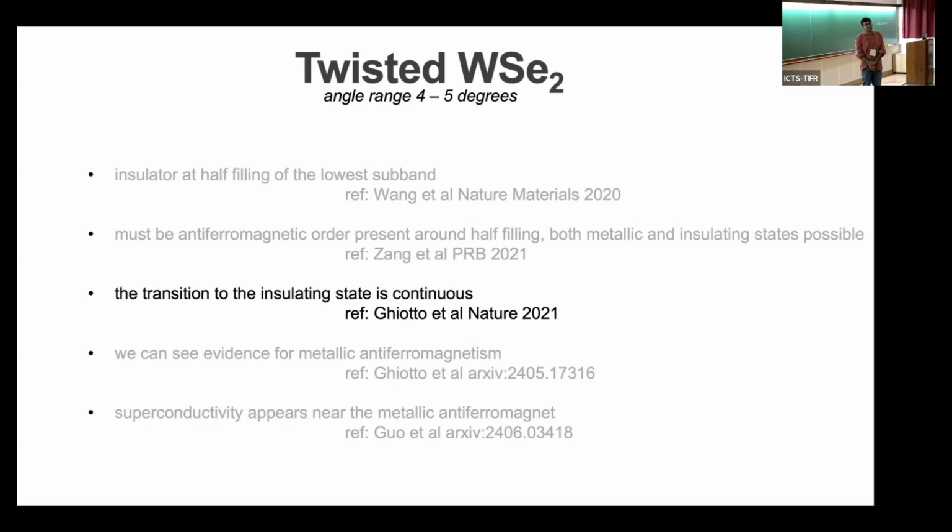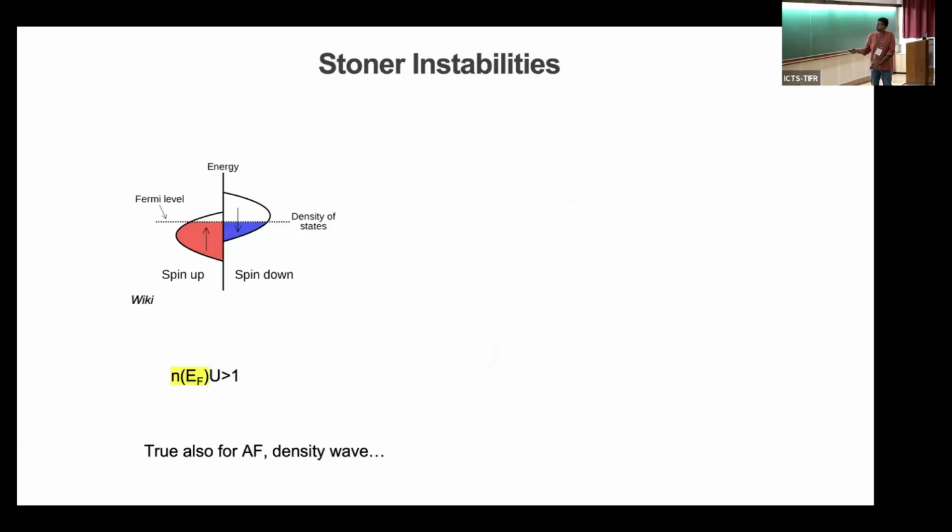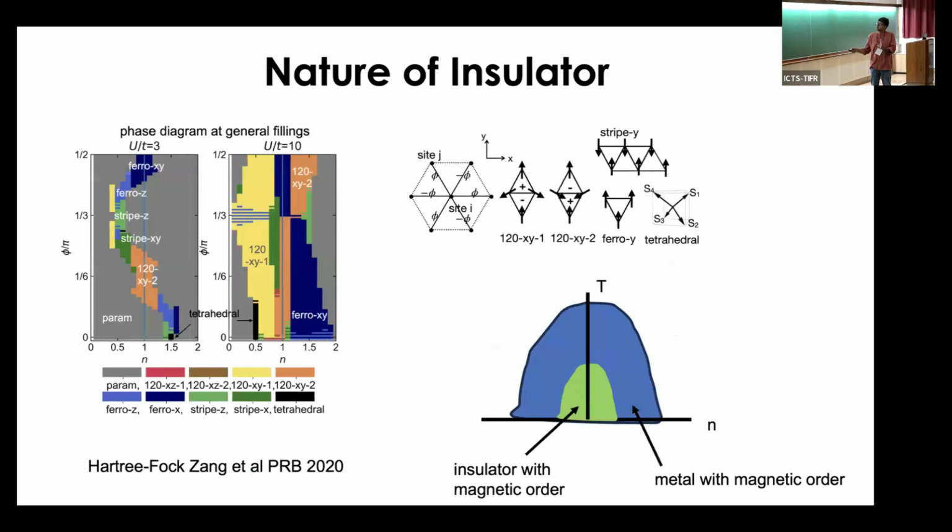Yeah, so the bandwidth is also on the order of 50 millivolts. So yes, if you're to do something serious, then you should take higher order subbands into account and longer range interactions also into account. Okay, so now in our experiment, at least in our first experiment, we could not see any evidence for this